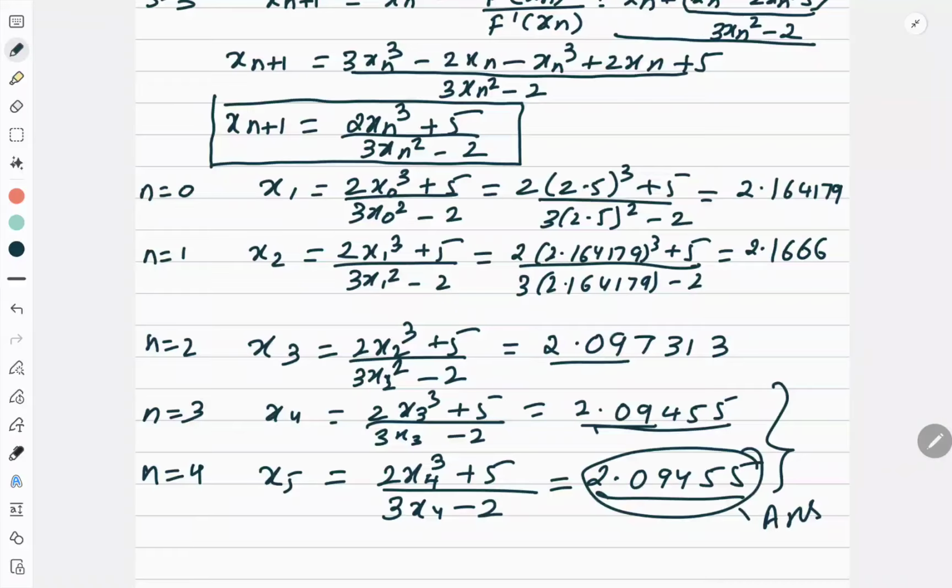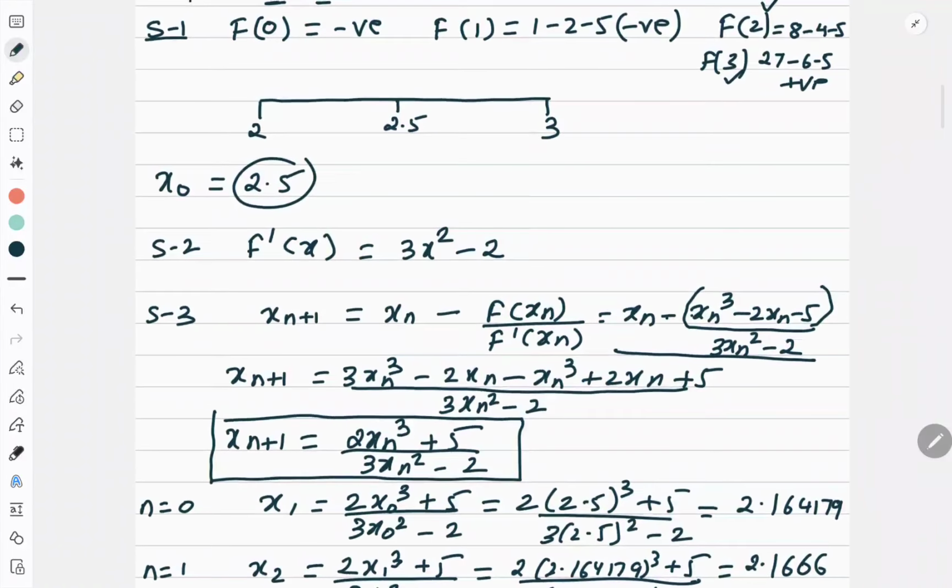Right? Now see, a very simple concept which I was trying to explain to you. Where I am, I don't know. It is 2.09. If I would have started from 2, I would have got the answer in 2 or 3 steps only. Since I started from here and moved this side, but that is also luck. Suppose your answer is here and you started with 2, it will take a lot of time. So 2.5 is the safest thing.